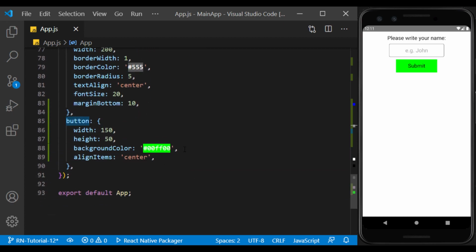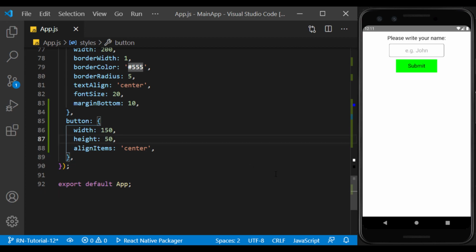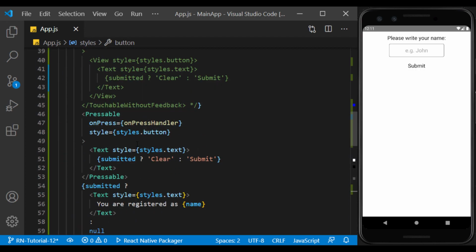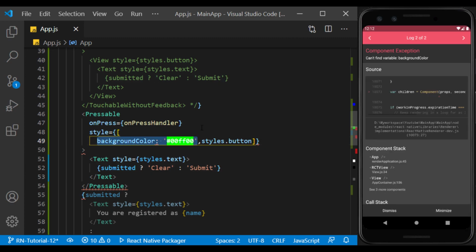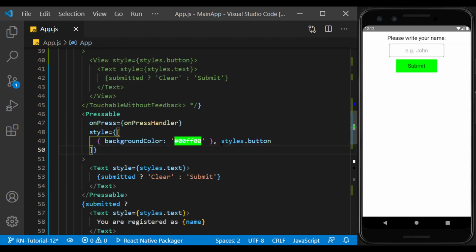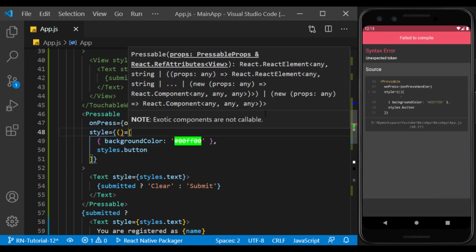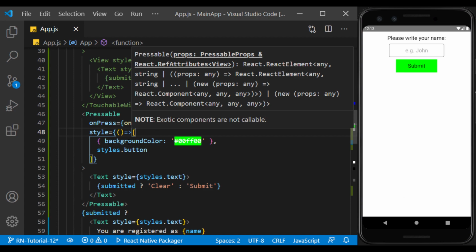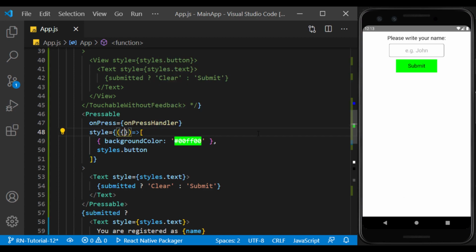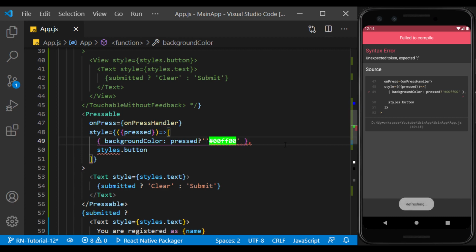I remove the color from its style to define it dynamically in the style. In this way, we can define an array of style objects in a component. This component always returns a state called pressed that notifies its click status. If we use it in a function like this, we can change its color when it's in the pressed state.